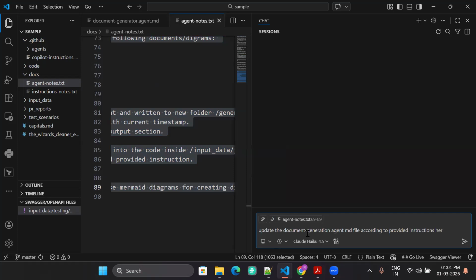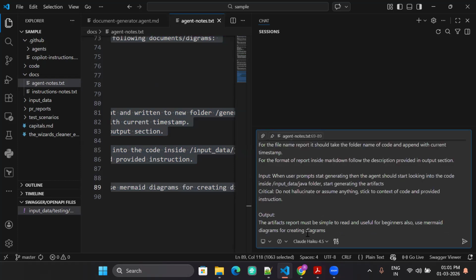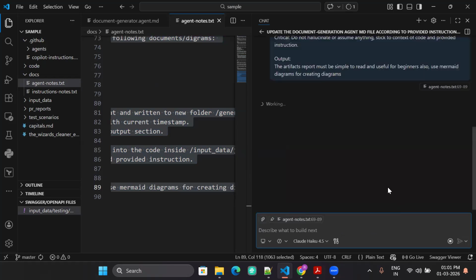Here, and I will paste what I have written. And now I will hit enter.